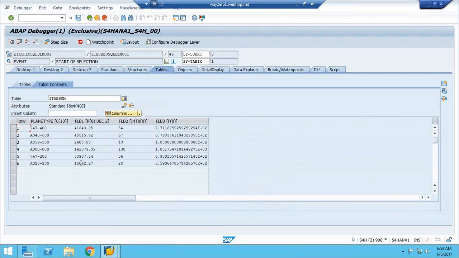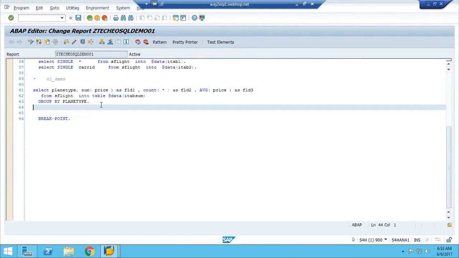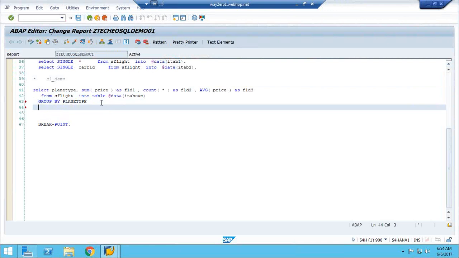Okay, 20,000 means this one and this one will be avoided, more than 20,000. So can I write where price